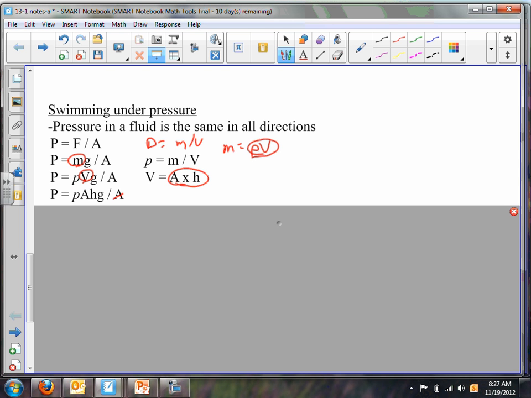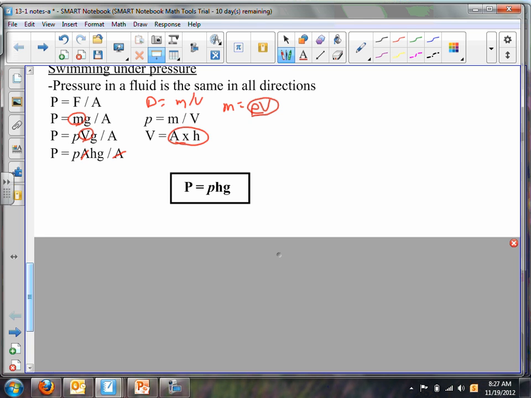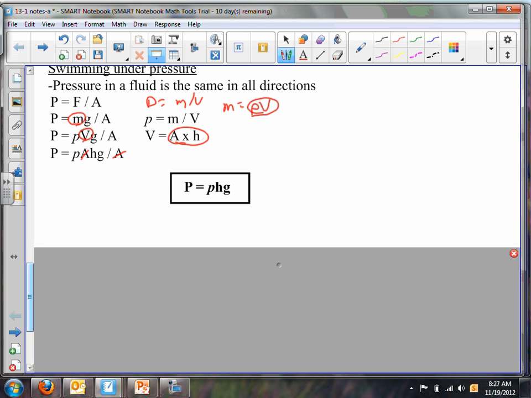And at this point, you'll notice the areas will cancel out, and we are left with pressure equaling density times height times g. g we know is acceleration due to gravity, which is 9.8 meters per second squared here on Earth. h is your height in meters, and this is your weight density, or fluid density,